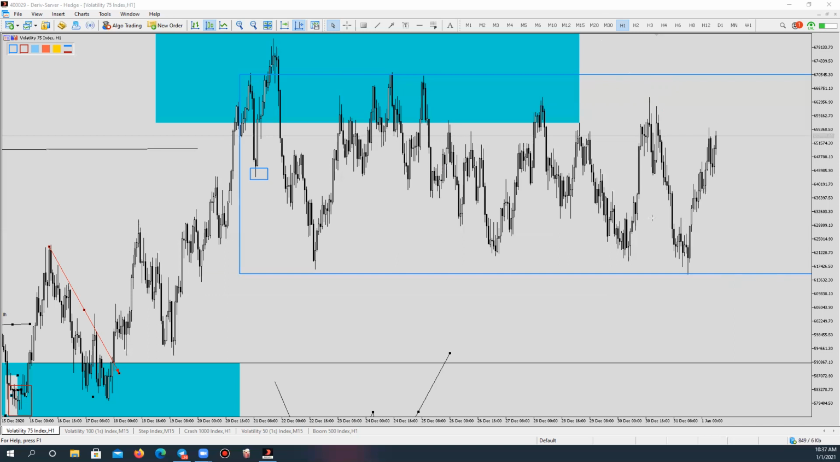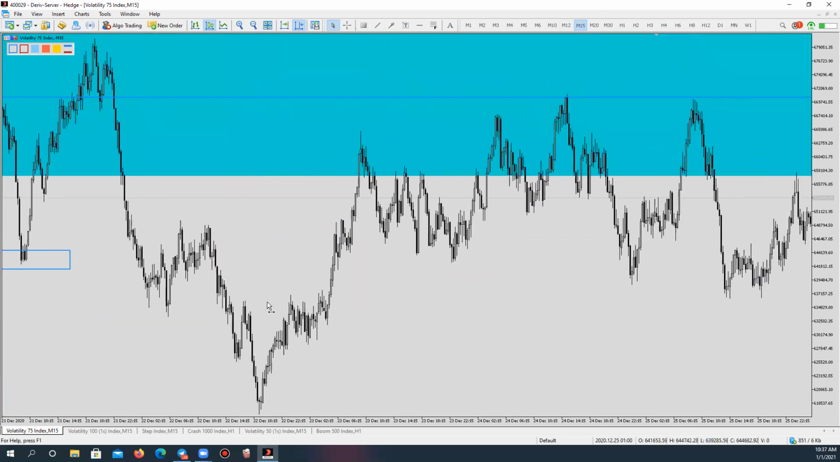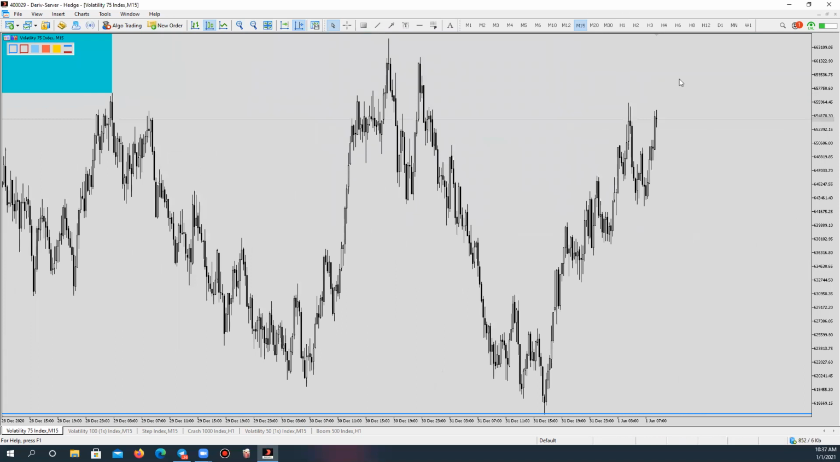Now, after the refinement, I went to M15. Let me go to M15. Block on M15. On M15, I saw the signal on M15. That's ready. 1, 2, 3. If you check where market starts buying, if we zoom,